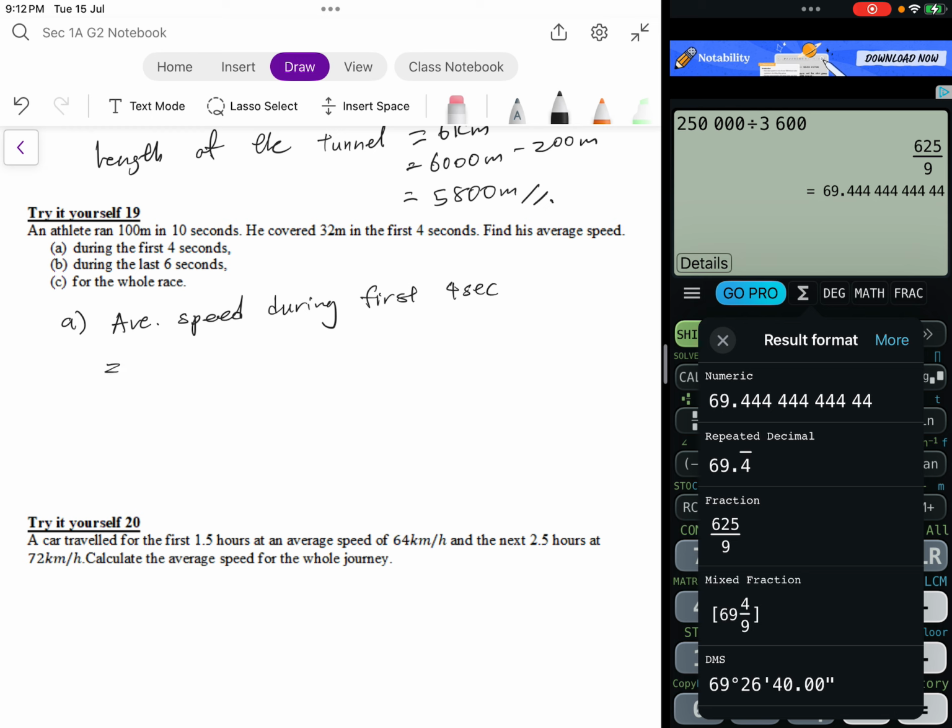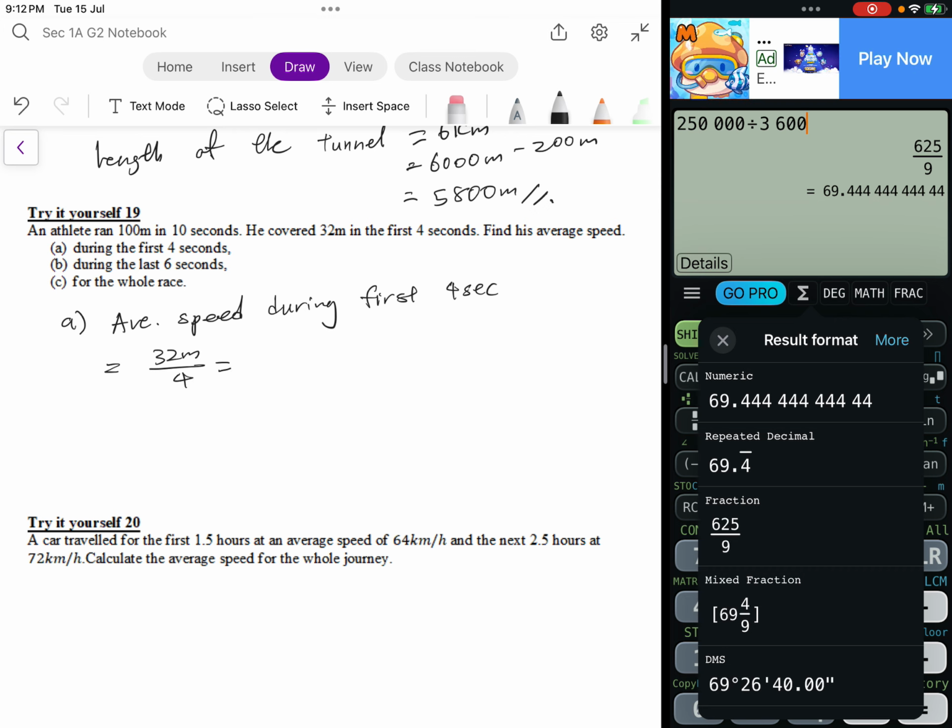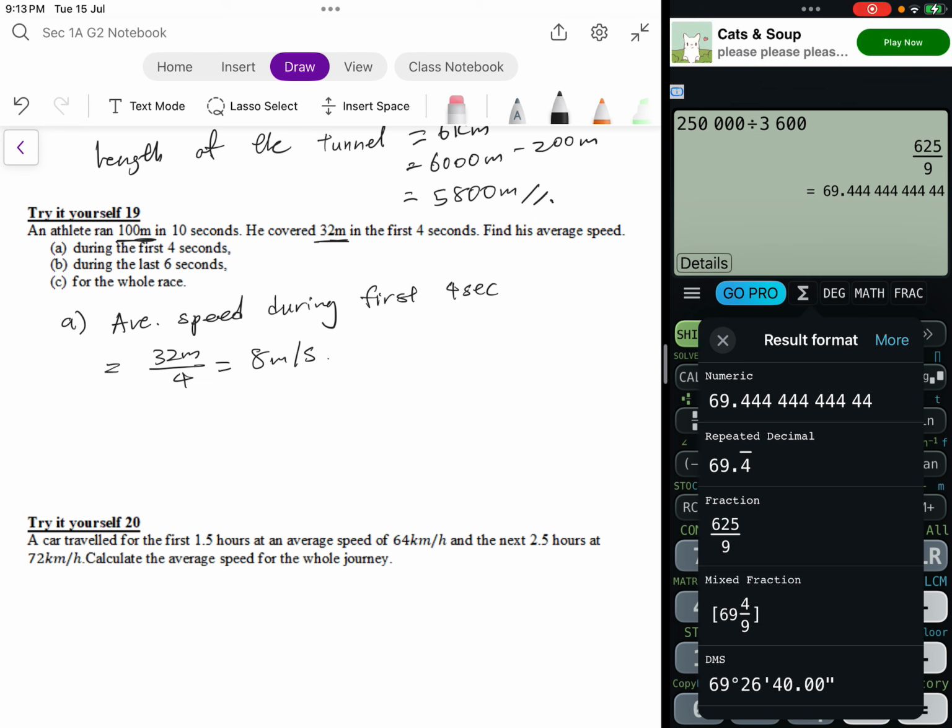Alright, so 32 meters divided by 4 is 8 meters per second. Okay, so he covered 100 meters in 10 seconds, covered 32 in the front. Alright, so in the last 6 seconds he covered 68 meters. Alright, so average speed during the last 6 seconds,